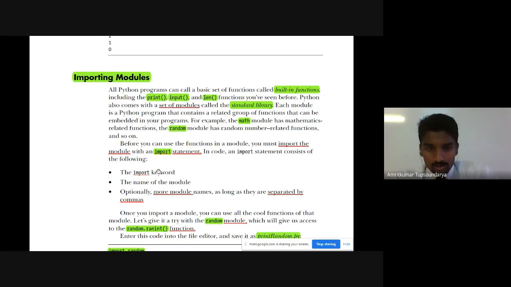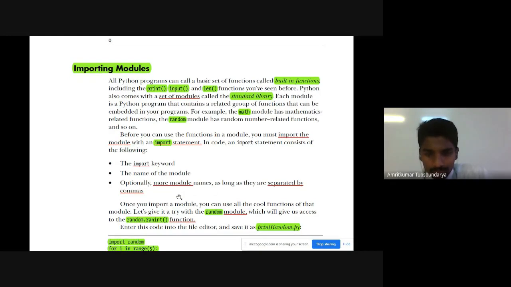So here is the important point: it should have a proper keyword, import, followed by the name of the module, and more module names we can import, which can be separated by commas. So that is optional. Like we have a random module, like the math module, we have a module called random.